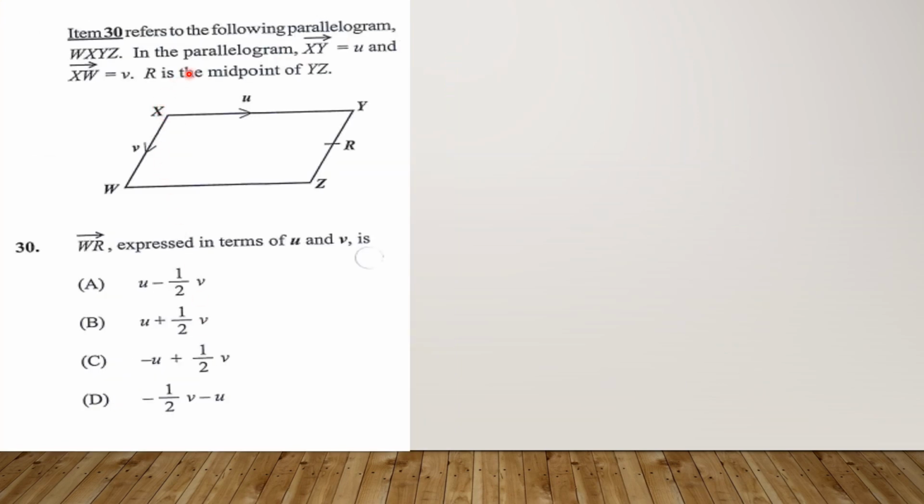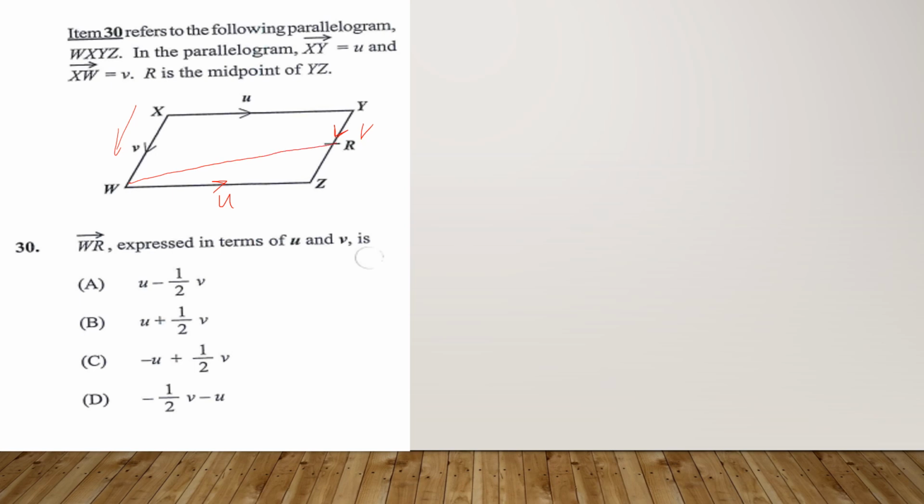Here we have a vector question. It says the following parallelogram W, X, Y, Z, where X, Y is U. X, Y is U. That means that here is also U, W, Z. And XW is V. So XW going in this direction. So that means that YZ is also V, going in this direction. So R is the midpoint of YZ, and you want to find